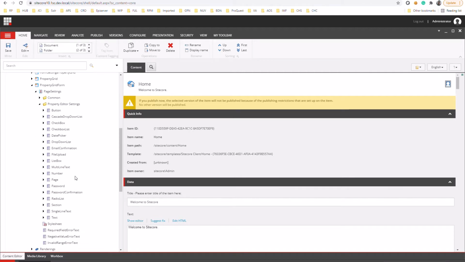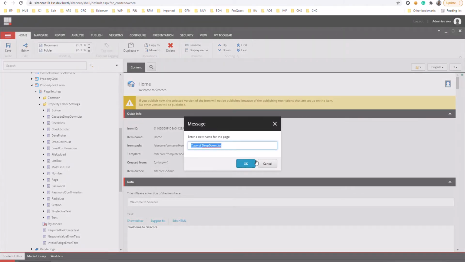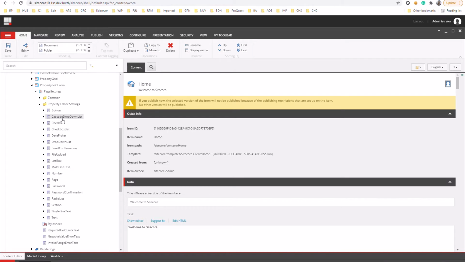I have already created a control called cascade drop-down list, but I will show how we can create it. What I did is create a copy of the existing drop-down list control. You can right click on it, and using the insert options you can duplicate it, and it will ask you for the name, and you can provide any name. For this control I have given the name cascade drop-down list control. Once it is created, we expand it, and under the list items it comes with a single item,